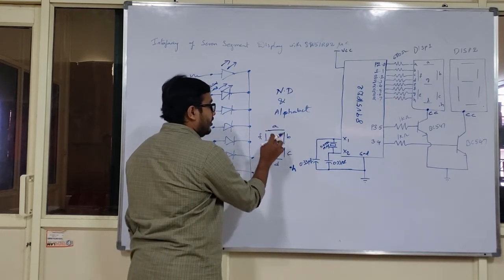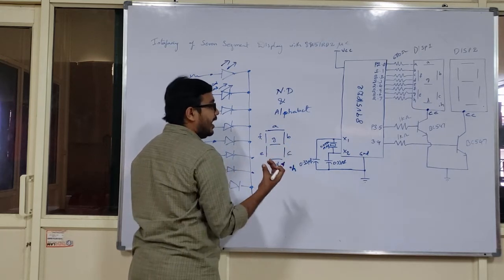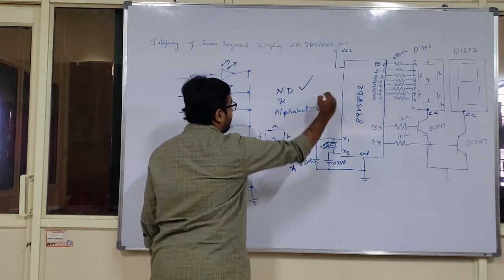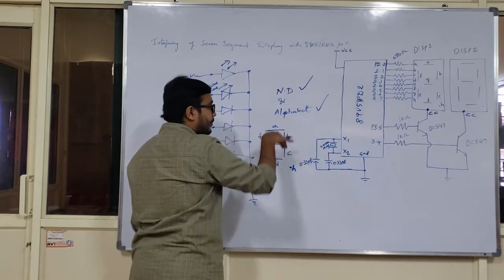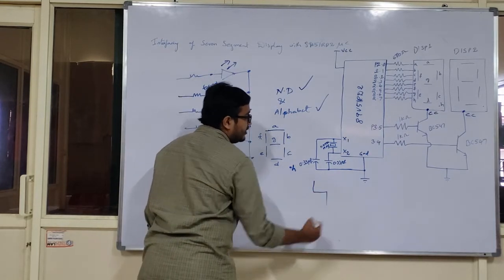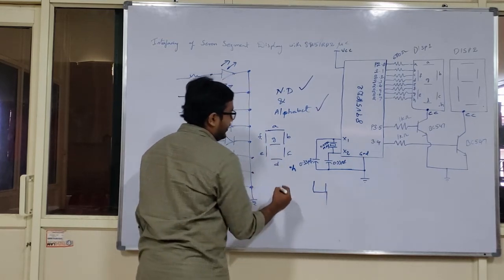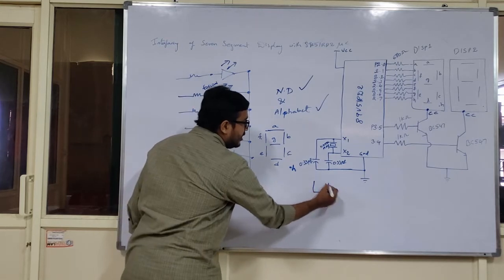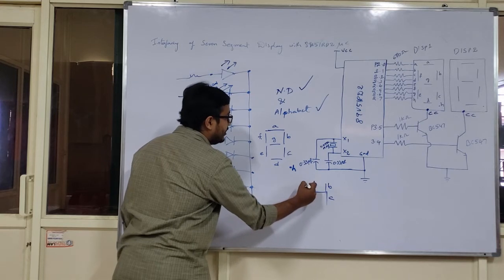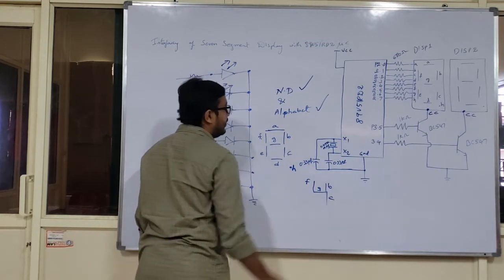So with the help of the illumination of certain segments, I can get a numerical digit, or I can even get an alphabet. Now my aim is to display digit 4 on the 7-segment display. So can we say that the A segment is off, B and C are on, D and E will be 0, F will be on, G will be on, and H will be 0.